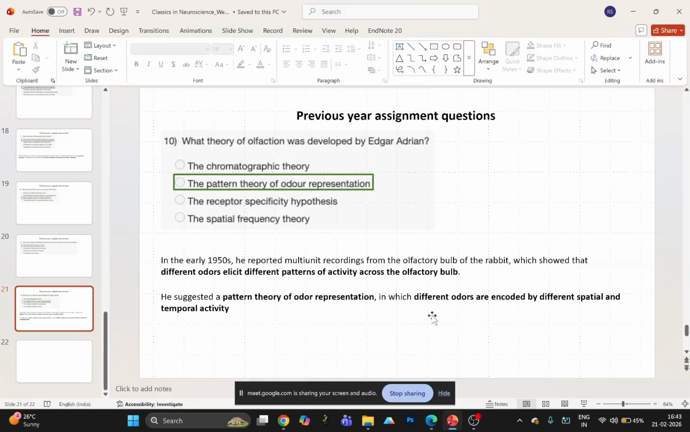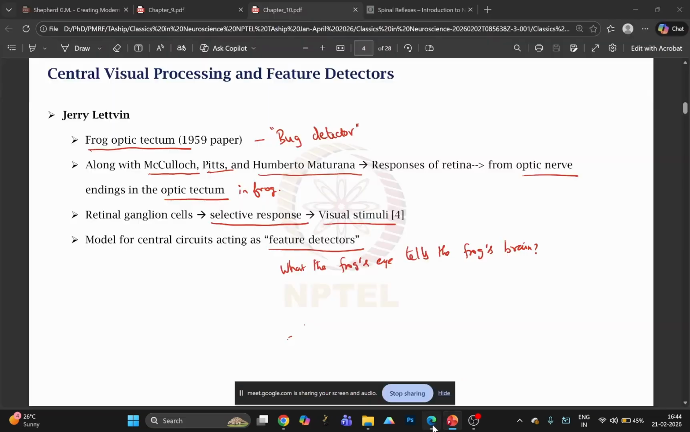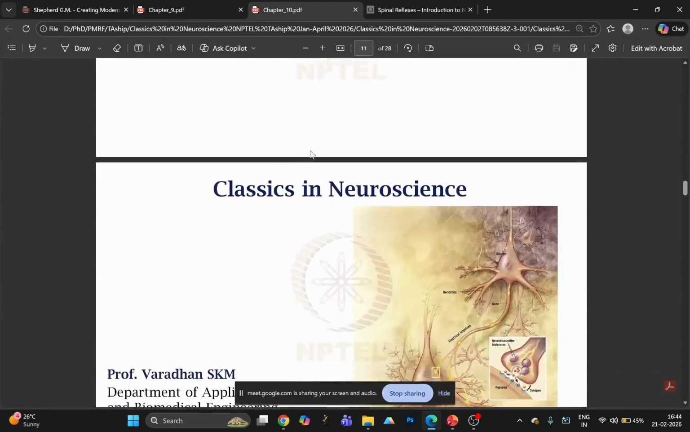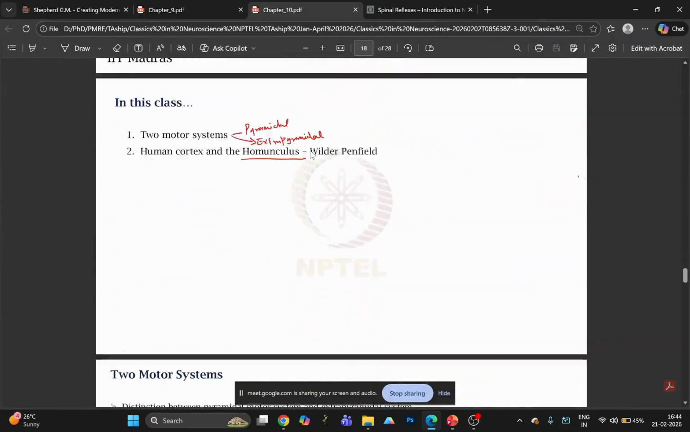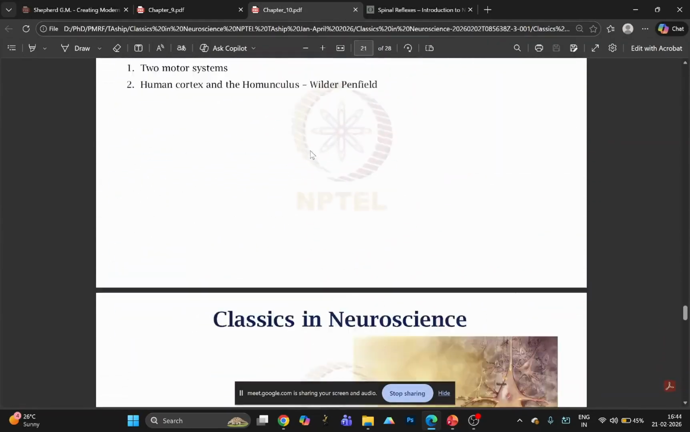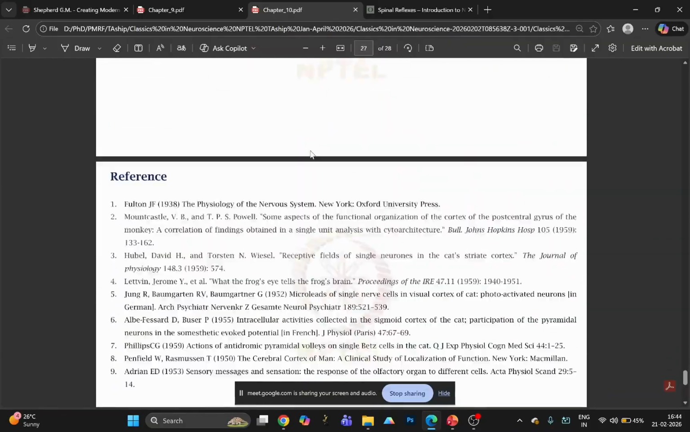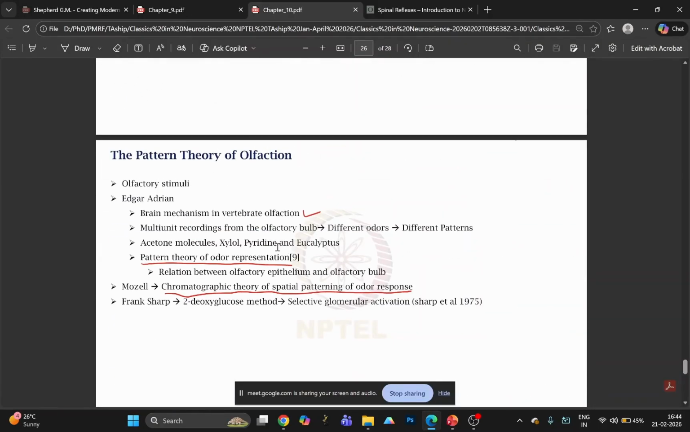And what did he show? He showed that different odors elicit different patterns of activity across the olfactory bulb. And he suggested on the basis of that, he used different odors. We discussed that he used acetone, he used, what was that, he used eucalyptus. He used many different kinds of odors, xylol, pyridine,